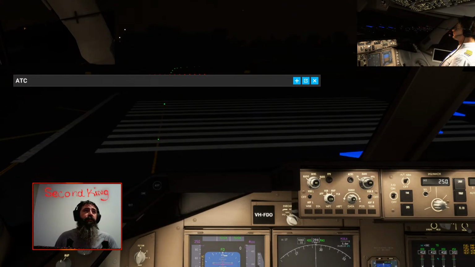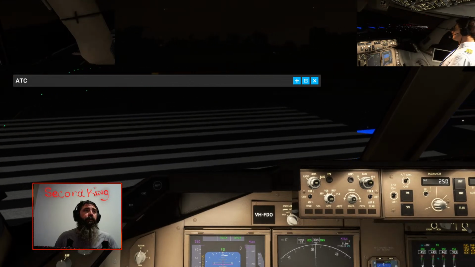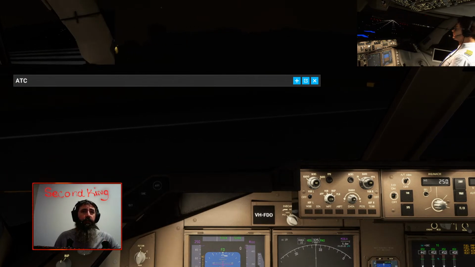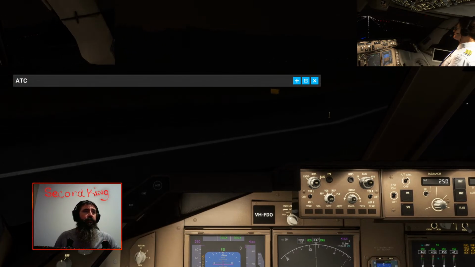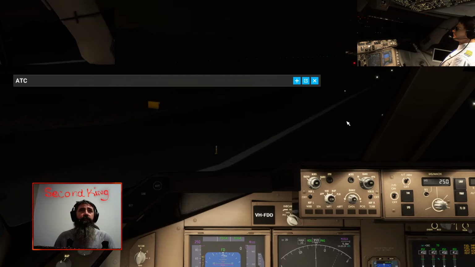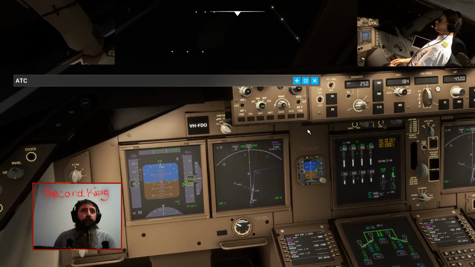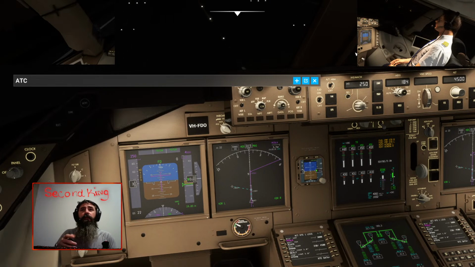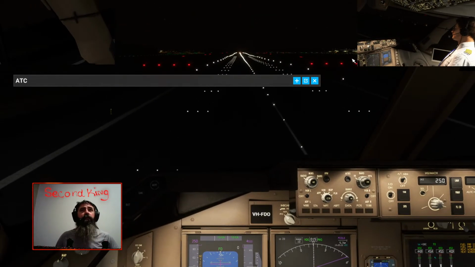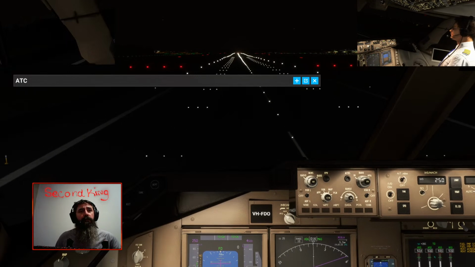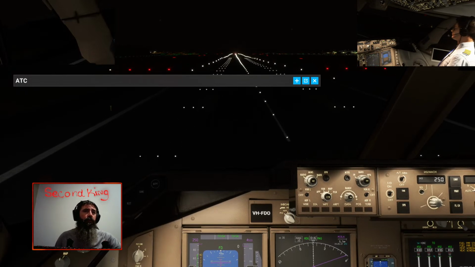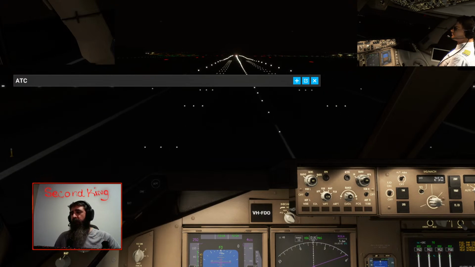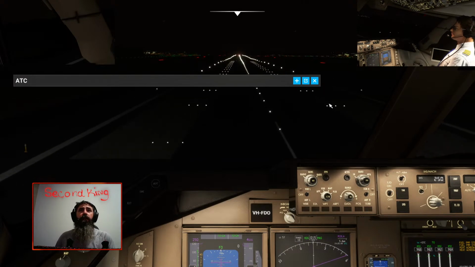And I will get permission to come in. I haven't set my flaps. I think that's flaps 5. Yep, no, that's flaps 10. I want flaps 5. Yep, there we go. Alright, line up on the runway, everything looks good. Throw in the beans. Engines look good, all coming up uniformly. Power's coming in.